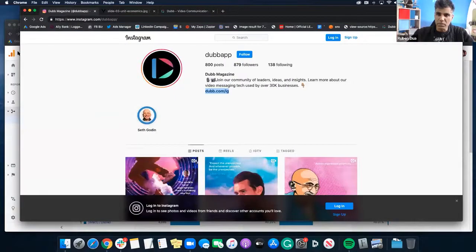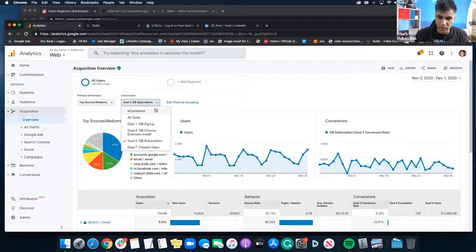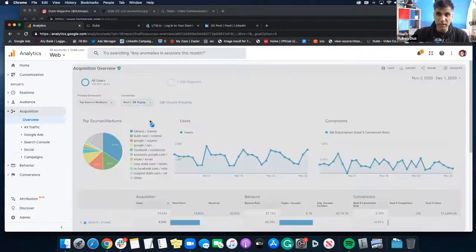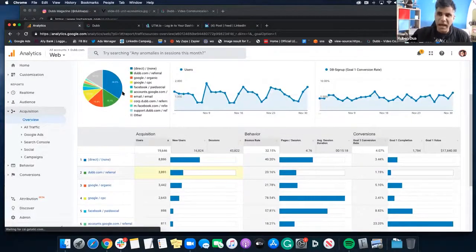So now I'm just going to jump into Google Analytics here. And I'm going to show that what we have set up is our biggest mantras. It's not MQLs and SQLs and opportunities. It's not what I learned 5 or 10 years ago. It's signups and it's subscriptions. Subscriptions are upgrades, e-commerce subscriptions. So we have all of these metrics set up. The conversion trackers are all configured throughout our entire tech platform. And then we go back to Google Analytics and we can check that. So if I click on conversion, Dubb sign up, I can go in and I can see exactly where my